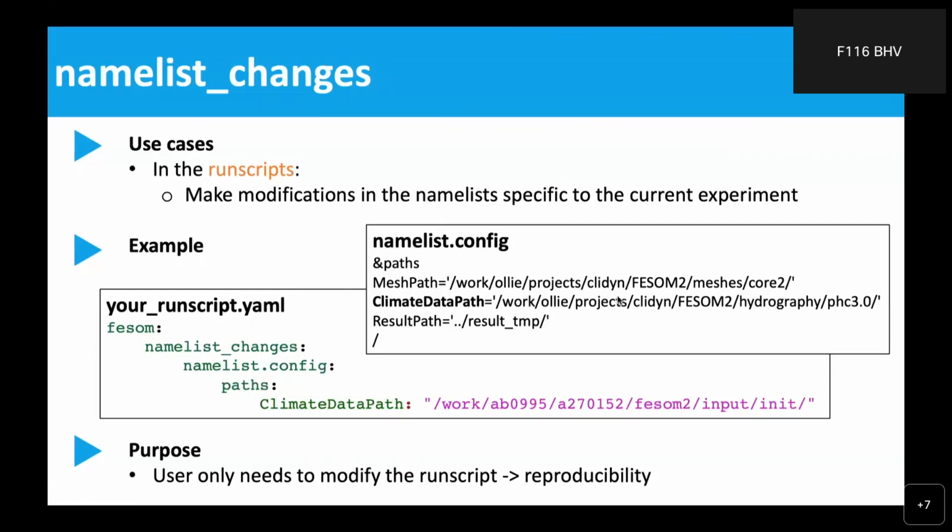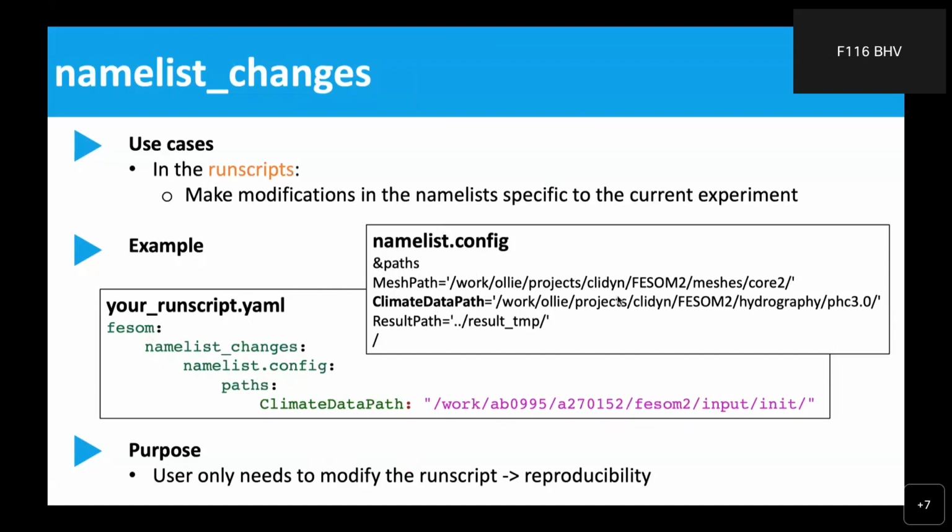I would actually recommend in run scripts always to use add namelist changes. The reason why, and I have a note on that later on, is that we have something in ESM-Tools called choose blocks, which is actually a selector. And this selector in the configuration files can allow you to set up a set of configurations that have a meaning, for example, a scenario, and put the configurations in this place,